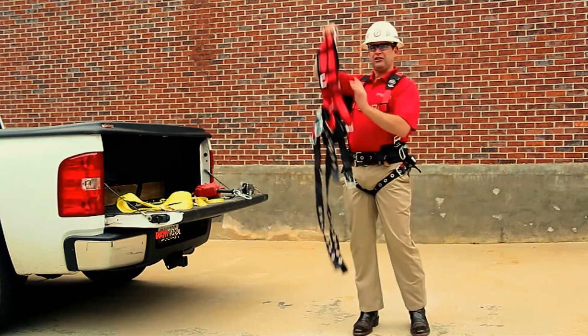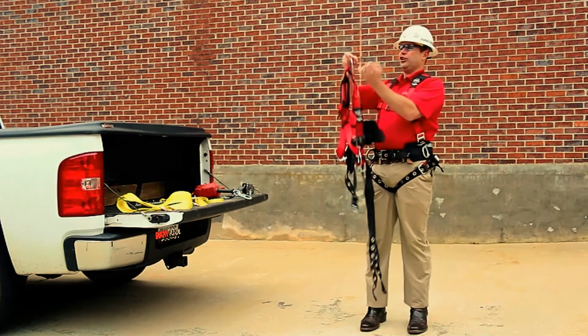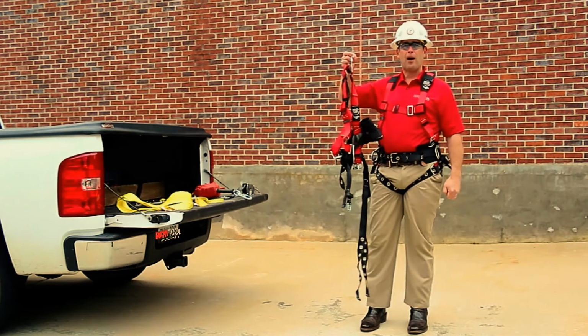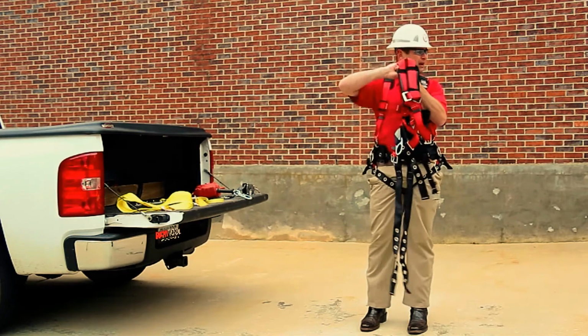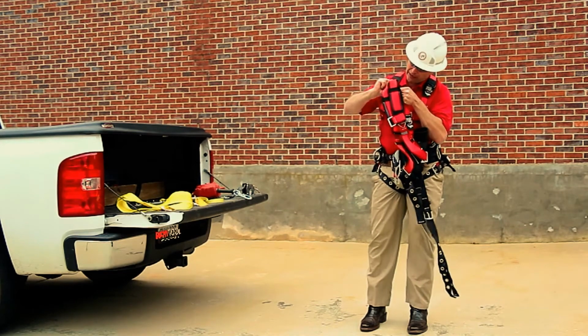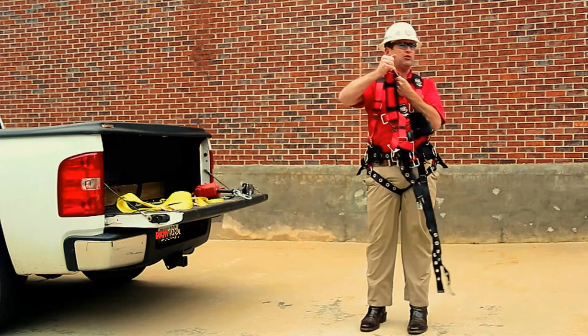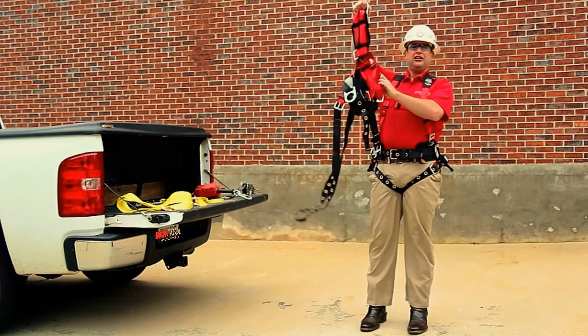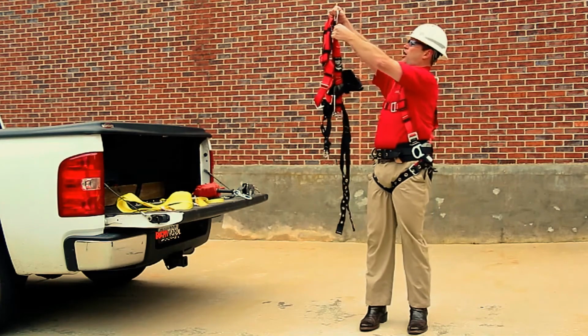Now, when you inspect it, you're going to take it by the rear D-ring. You're going to inspect that rear D-ring for any kind of rust or deformity, and it must operate as designed. It must be able to go up and down. Check underneath it, make sure that there's no rips or tears. All right? Now, if you're satisfied with that, take that harness by the D-ring,